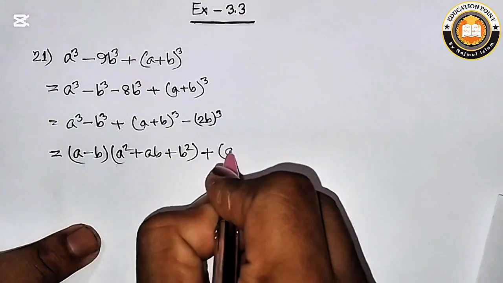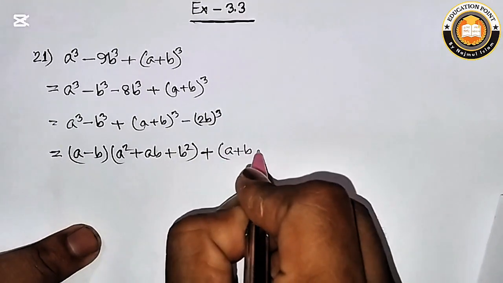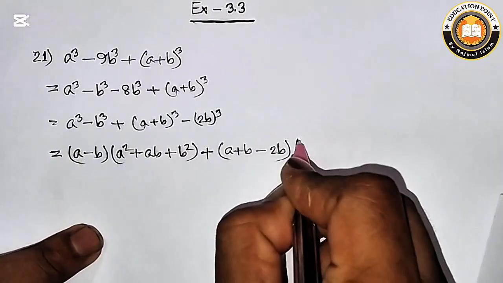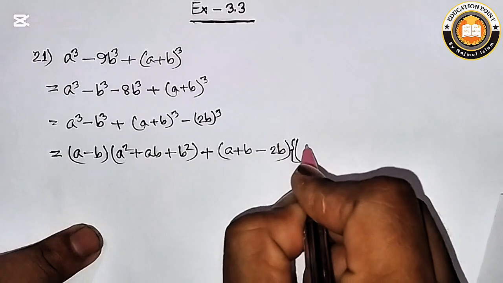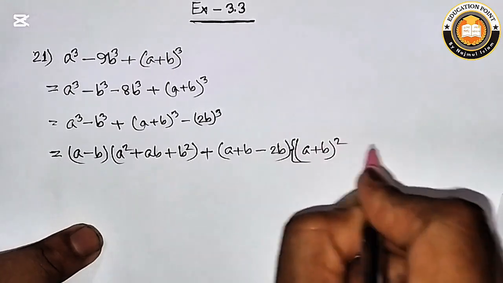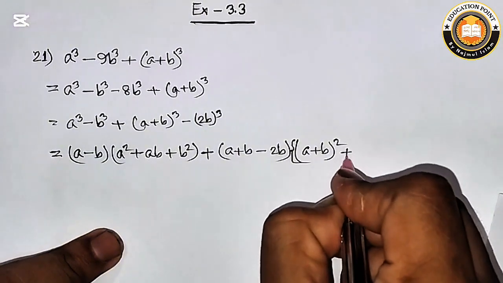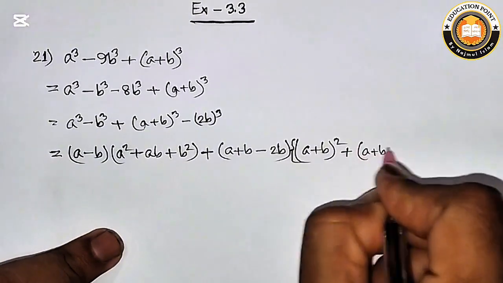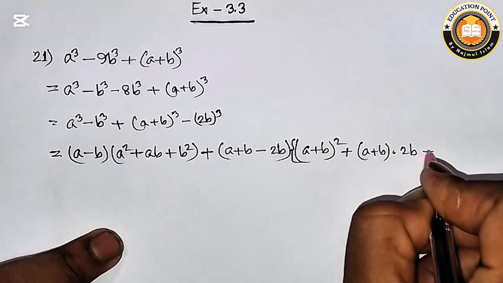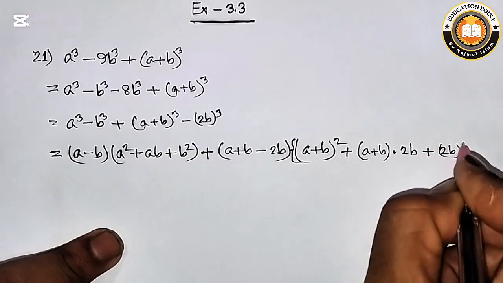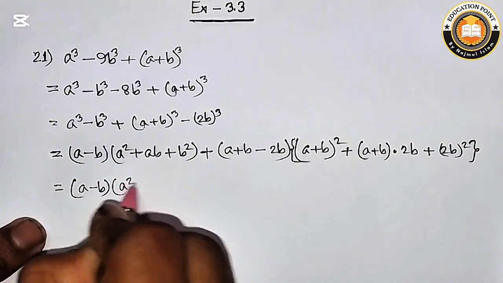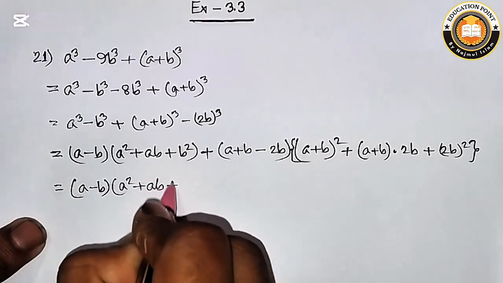Here a means a plus b, minus b means 2b, into a square means (a plus b) whole square, plus a means (a plus b) into b means 2b, plus b square means (2b) whole square. (a minus b) into (a square plus ab plus b square)